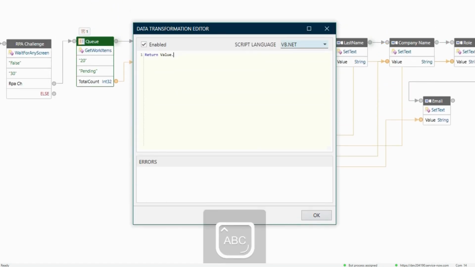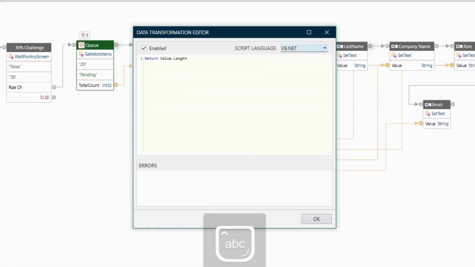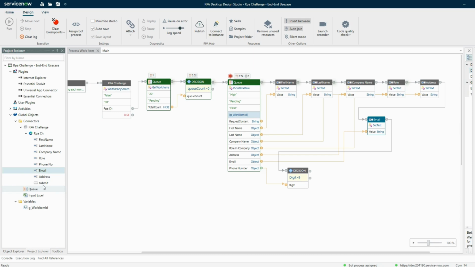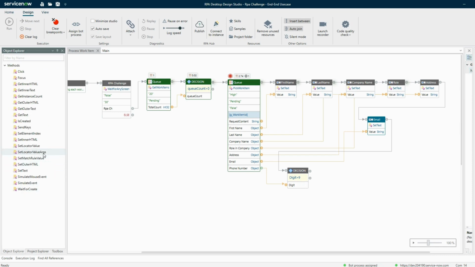We'll compare with length, if it is greater than 9 or not. Okay, or else you can directly get the length, then you can. So this will give me the length of this particular phone number field, and which I am going to provide it over here. Okay, so if it is greater than 9, I want to add my phone number. If not, I want to throw my business exception. So let's say send keys, sorry,